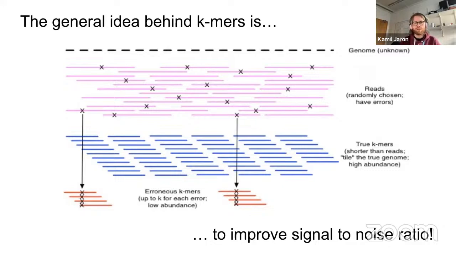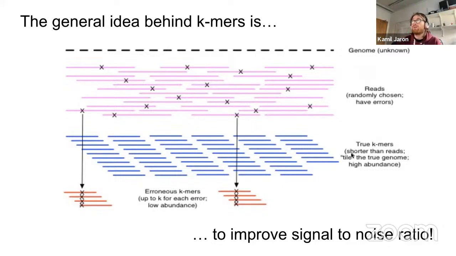And if we think about the whole entirety of a sequence and wonder about whether it correctly represents the template that you have sequenced, for long reads, although the sequencing error rate is relatively low, the longer read you have, the higher the chances that you will actually have an error. Well, if you chop that read into all possible subsequences of a relatively short length, like 21 or 31, a single nucleotide error will be propagated only onto 31 k-mers, while every other k-mer that came from the read will actually represent the correct genomic template. So by looking at a proportion of correct k-mers, you will be looking at a much higher proportion than the proportion of correct reads. So you're improving the signal to noise ratio.